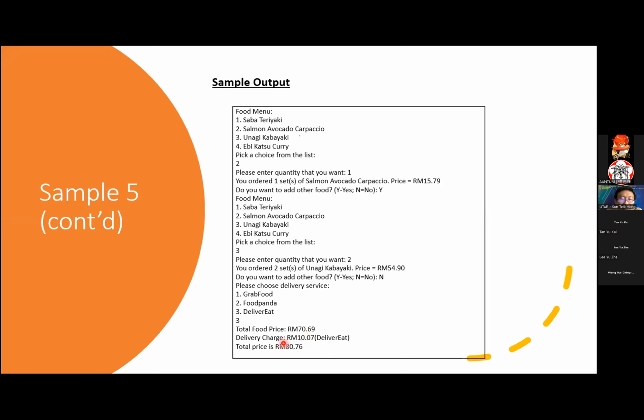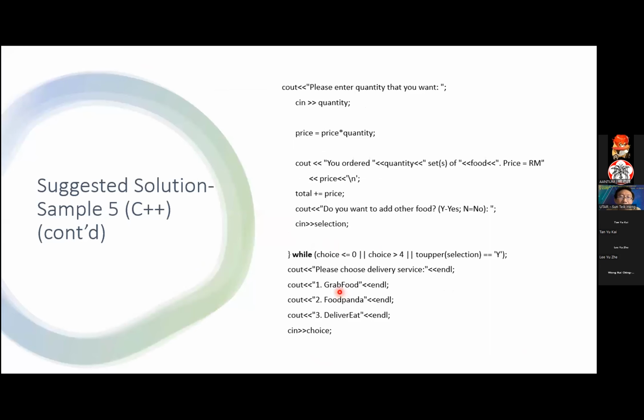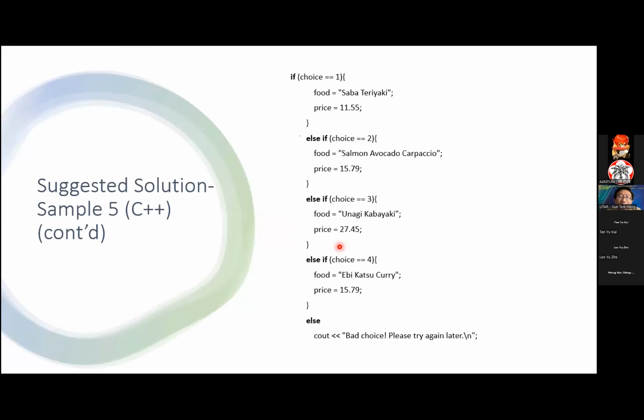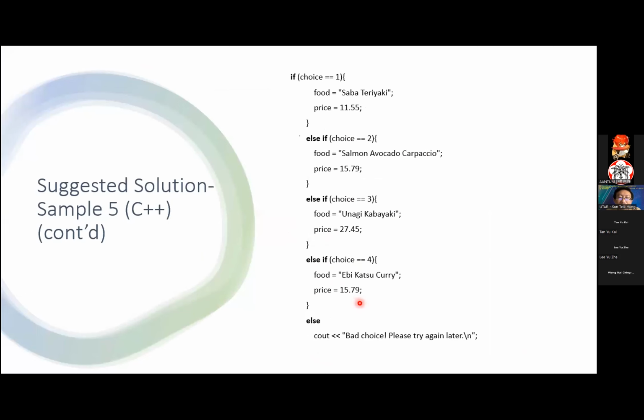So that will give the total price as 80 ringgit and 76 cents. Therefore, you can see we have a do loop here. Again, we are using this do while loop. Inside the do while loop, we display the food menu, and then we use the next